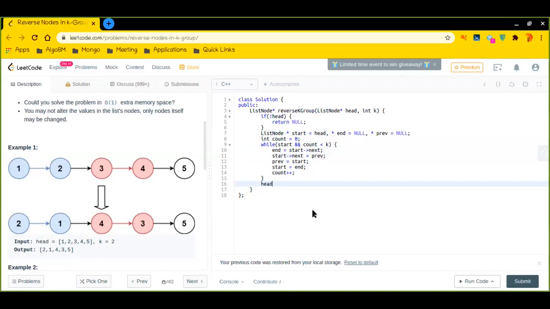Okay, so that is why we will say the next of head will be, we'll call this same function as we have discussed earlier. And here we have to pass the reference to the next node, right? So the next node of the head is nothing but the end, right? End is basically pointing to the next node. So in this case we'll pass the end. And here the value of k is nothing but k, right? We'll pass this. But do you think that it will work? It will not work in any way.